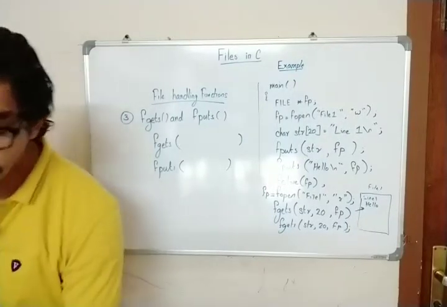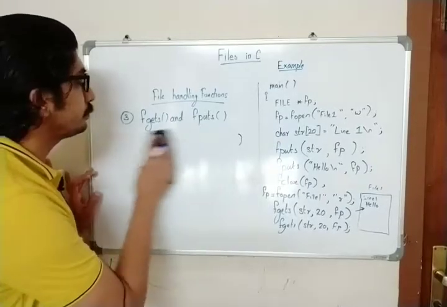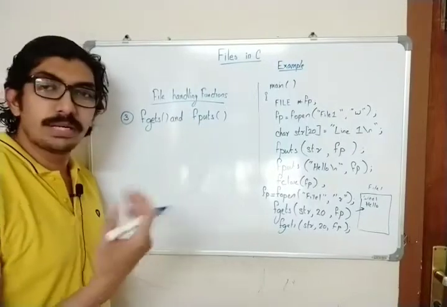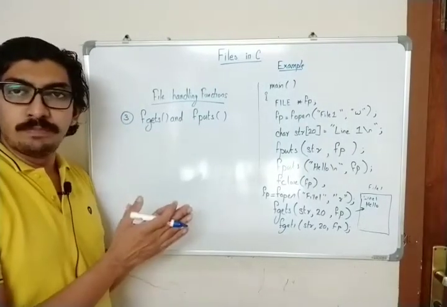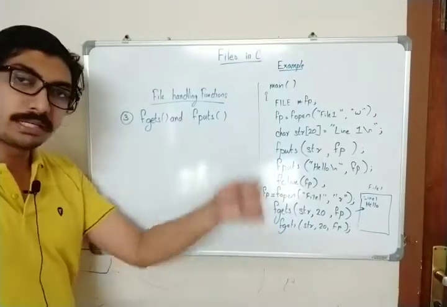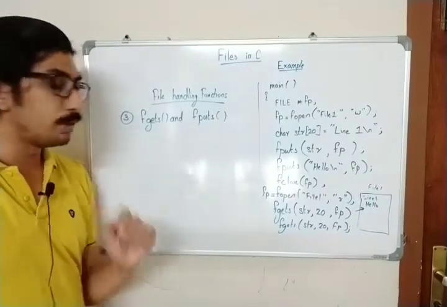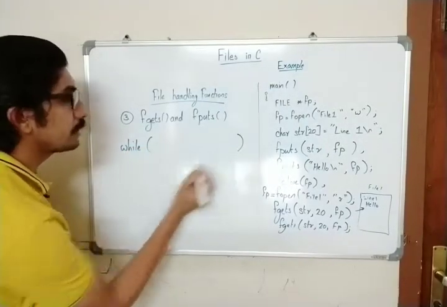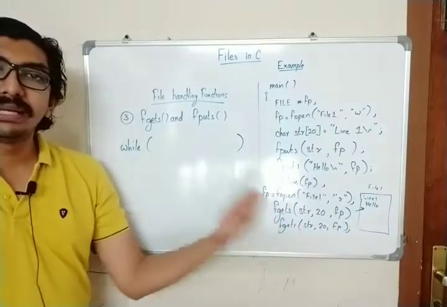So I'll add one more point to this. Think of a scenario where you are opening a file and you are going to read contents from the file, and you are not aware of the length of the file, so you don't know how many lines it has. So of course we will be repeatedly using the fgets function, and when we use it repeatedly there will be a loop. So you can use a while loop, and what will be the condition? When it reaches the end of the file, it will return a null value.